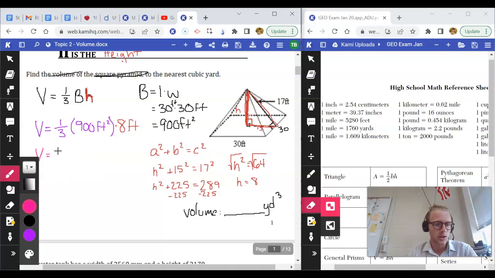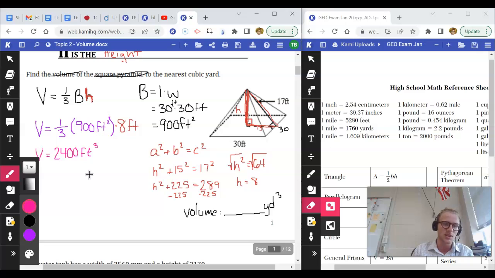Okay, and if we look at our units, we have feet squared times feet, which would be feet cubed. Okay, well, that was a lot. Oh wait, we're still not there. Our units that they want are yards cubed, but we currently have feet cubed, so we're going to have to